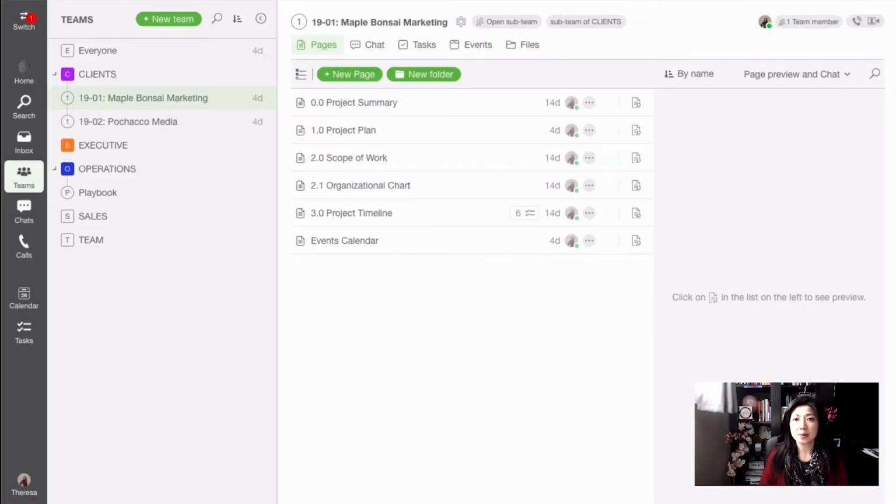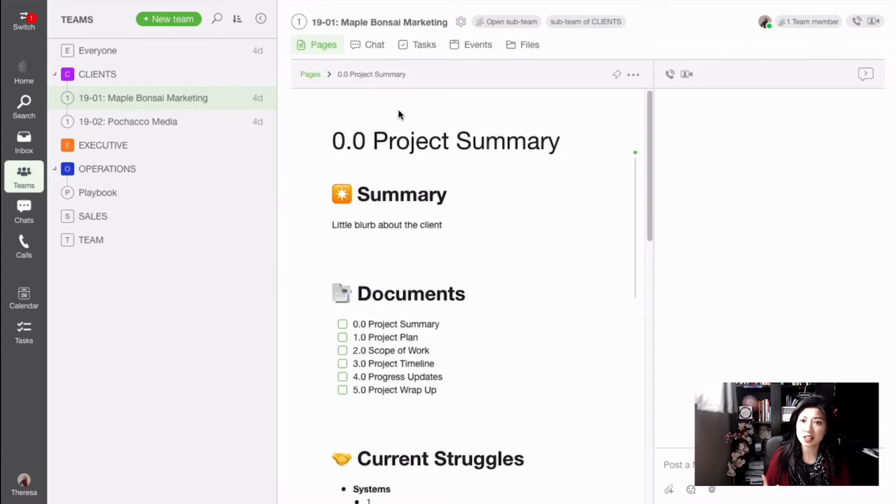So the easiest place for us to get started working first is on client projects and what this would really look like. One of the most common feedbacks I get from customer success teams is the lack of information transfer from the sales team to the ops team. And so to bridge that gap, we're going to need to clearly outline the best practices. So if you want to make it a staple or a standard that every client project should have a project summary, this is where we're going to want to capture a few points, such as